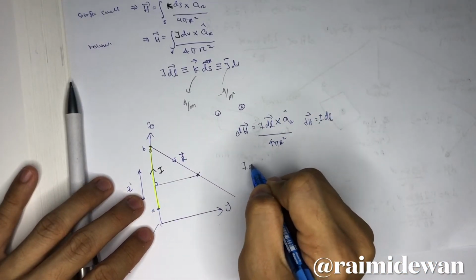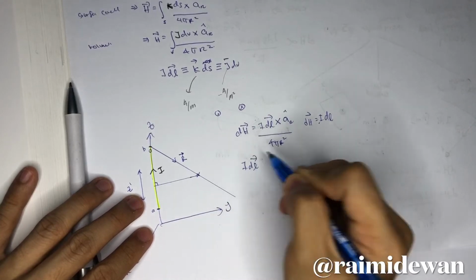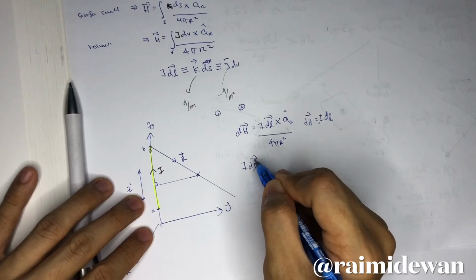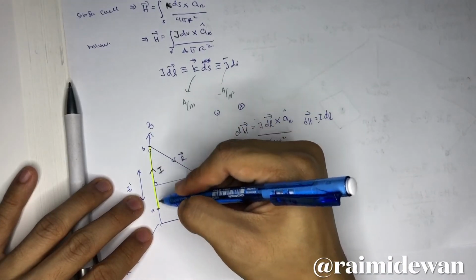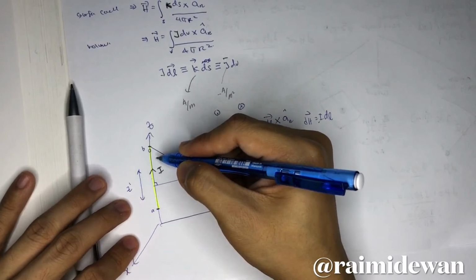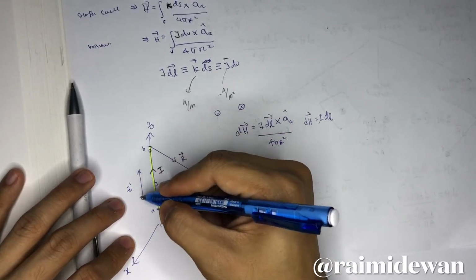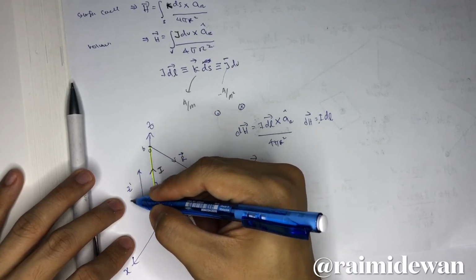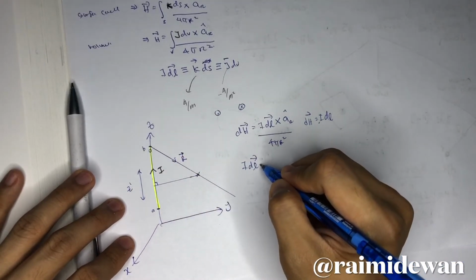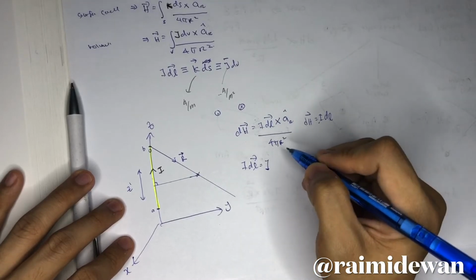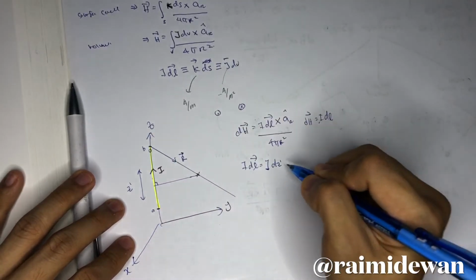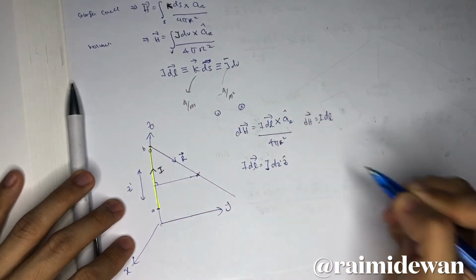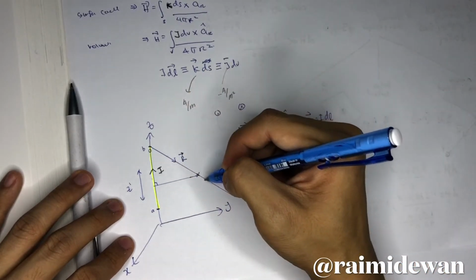So if you have your I dl, now you can see the changes. What is the change in the L vector? The L vector change is actually the change in the z direction. So let's say this is your unit, the differential dz. Then your I dl is actually I, the same I, and also this dz, the movement in dz, and also the unit vector z. Now if you want to determine the r,